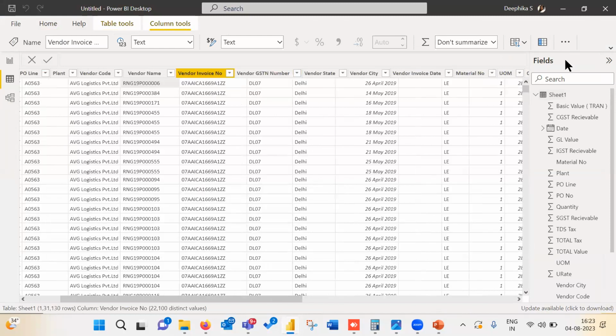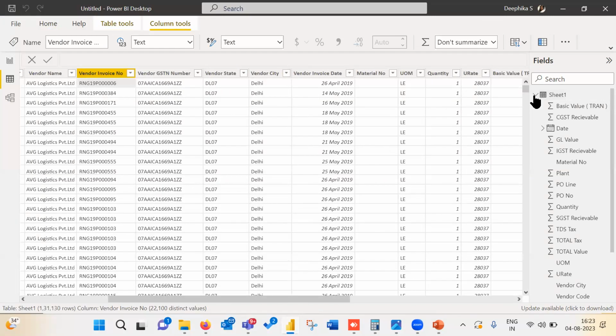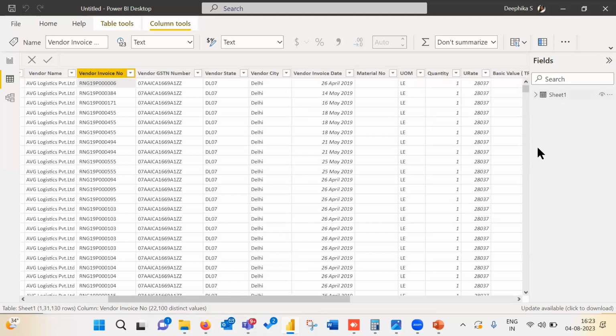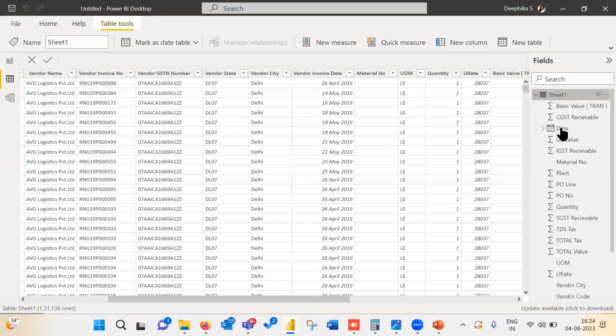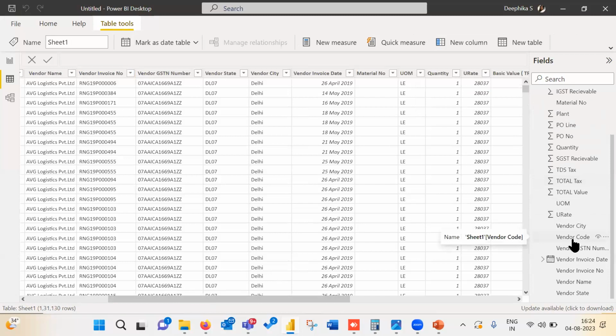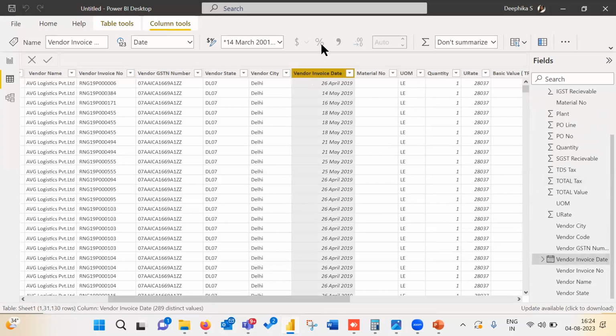Let's say I have 10 tables. All 10 tables' data will be here: sheet 1, sheet 2, vendor name, purchase register, GST number, whatever tables I have. Just as in Excel we have sheet names at the bottom, we have sheet names here, and I can open each one. It will show me what columns are there in the sheet. Like Ratnagiri sir explained the other day, it is a columnar database. Inside the column, we cannot go and change any amount. But for the column, depending on the context, you can write a formula, do some transformation, change font, change character, split column, all that you can do.